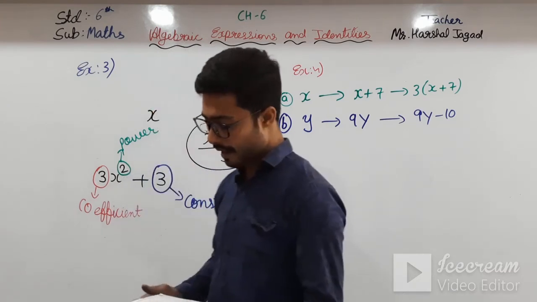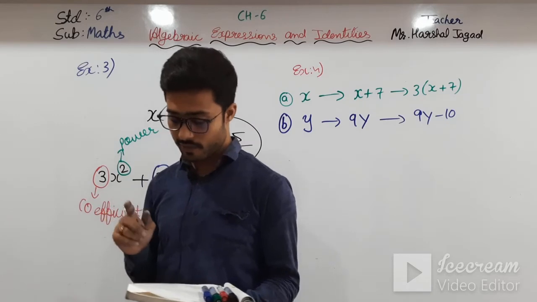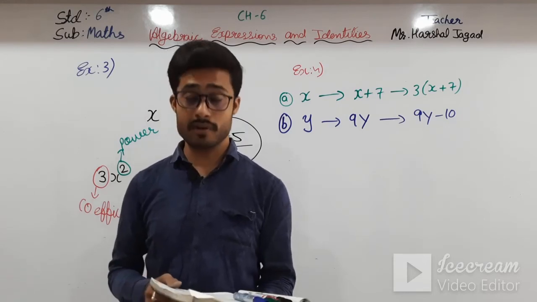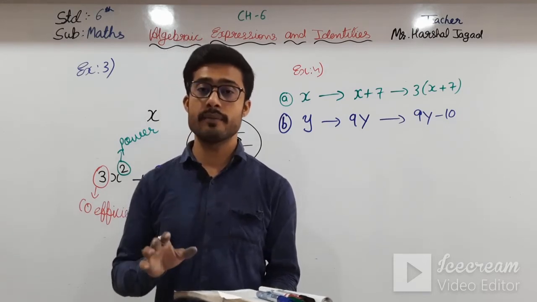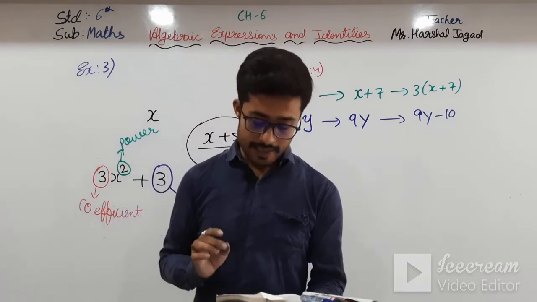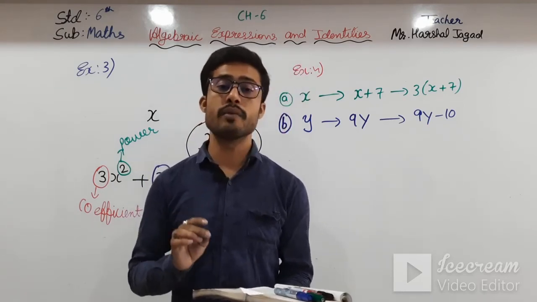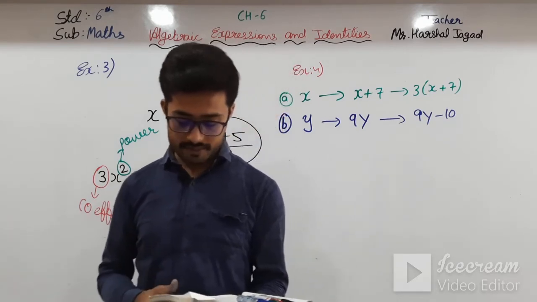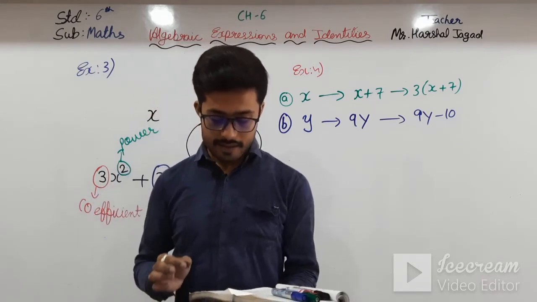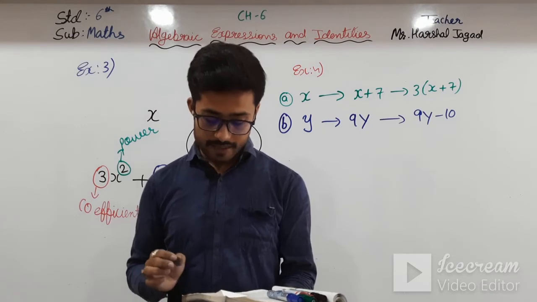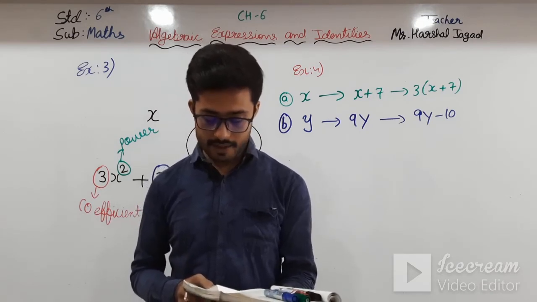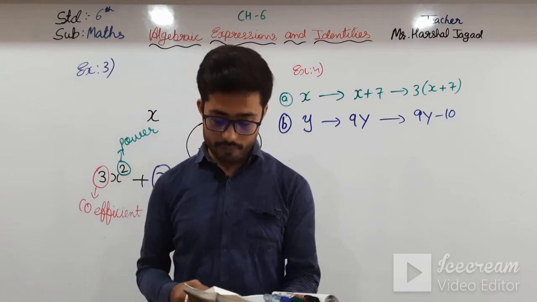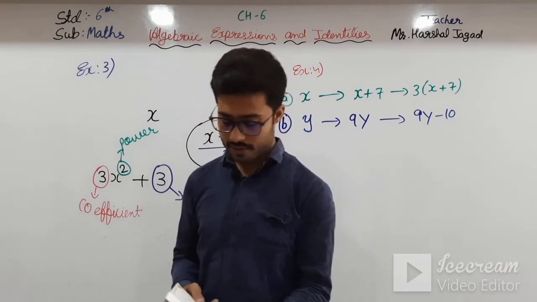Consider the above in the expressions. Here you can see that an expression is given, that is 7ax cube plus 9b square y minus 8z plus 5. Here 5 is the constant. See here, plus 5 has no variable, it is constant. 7, 9 and minus 8 are numerical coefficients of ax cube, b square y and z respectively. 3 is the power of x, 2 is the power of b, and 7ax cube, 9b square y, minus 8z, and 5 are the terms. There are 4 terms in this expression. Okay students,